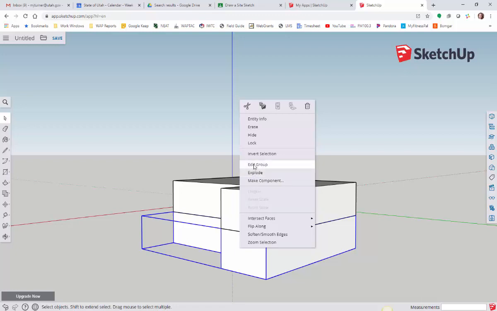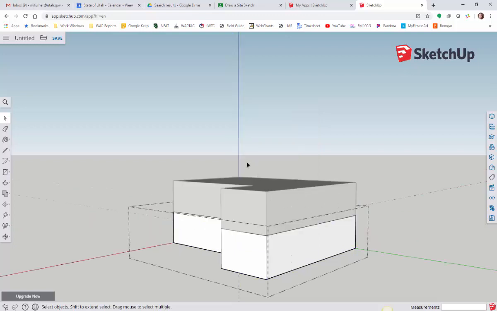I'm actually going to click to edit the group, and you'll notice that it's going to shade everything out that I'm not editing, and it highlights everything that I am editing. Now that I'm in edit mode, I can go grab my push-pull tool, and I can hover over these surfaces that are editable. These ones aren't editable, so nothing happens, but I'm just going to push this back in, and